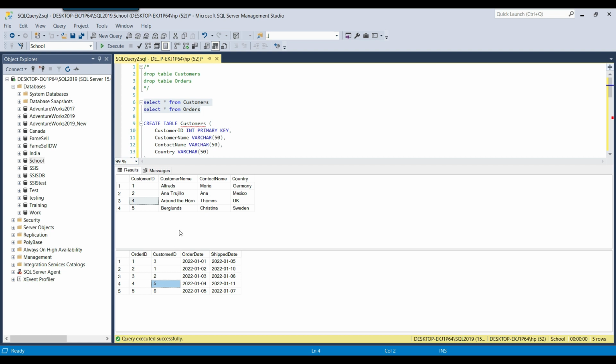Now if you are going to use the right join, it will select all the records from the right table but only the matching records from the left table. So it will select the data for the customer IDs 1, 2, 3, 5, 6 for all records from the right table. For the matching records, customer ID 1 is present in both tables, 2 is present, and then 5 is present. So it will select the data for customer IDs 1, 2 and 5 from the left table, and for customer IDs 3 and 6, the left table records will be null. Okay, so let's see how we can use the right join in SQL Server.